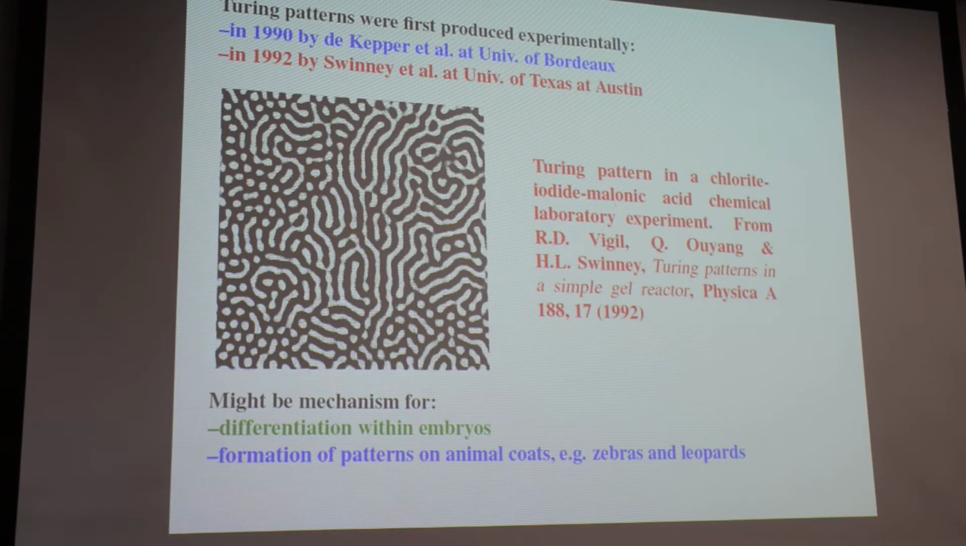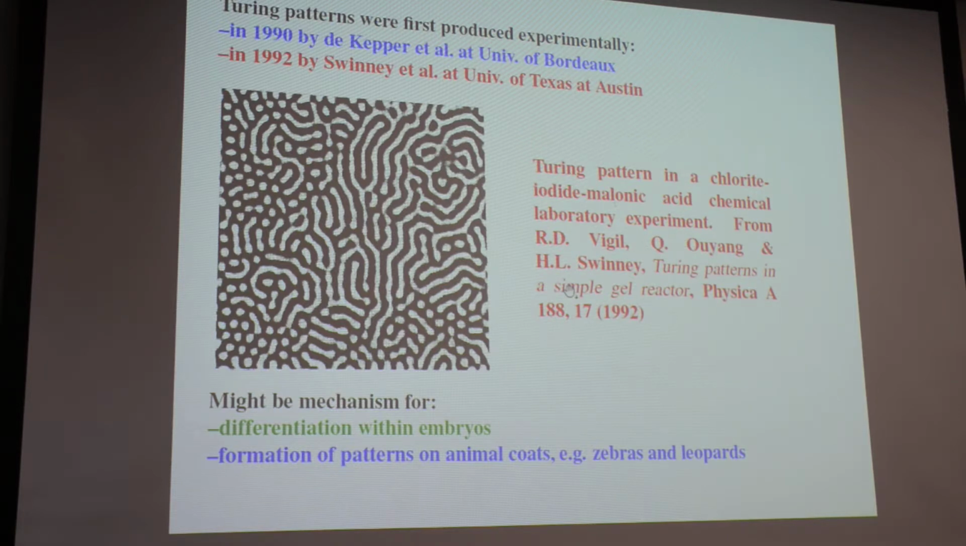Not quite, because we have to show pictures. The first Turing patterns were produced experimentally in 1990 at the University of Bordeaux and in 1992 at the University of Texas at Austin. Turing proposed this theory, but they were never actually seen. These are pictures from the Sweeney article of Turing patterns. And this uses